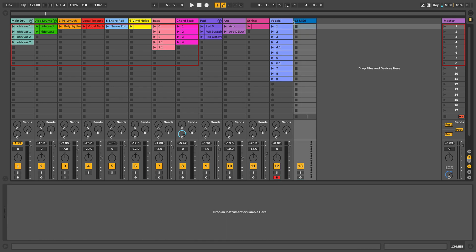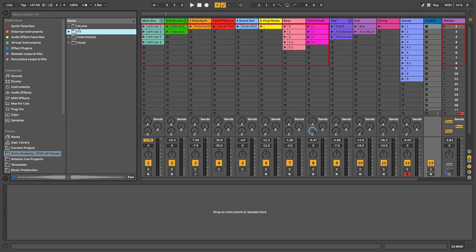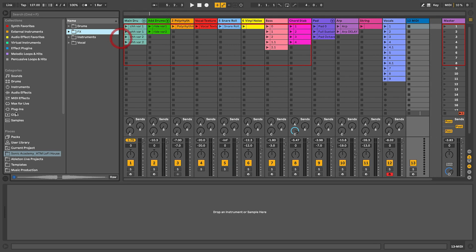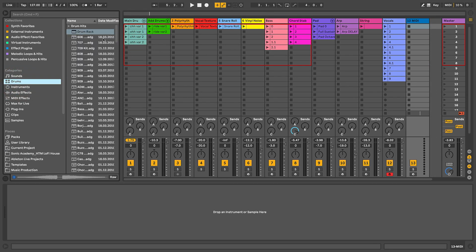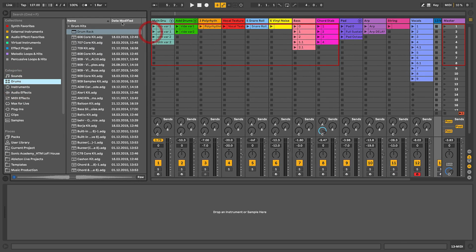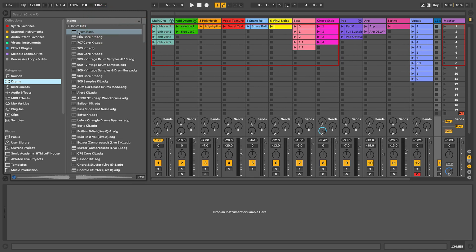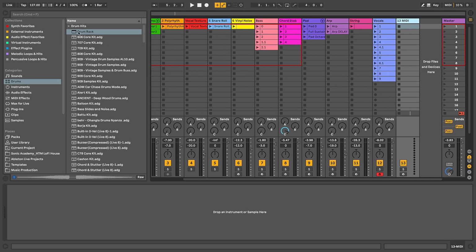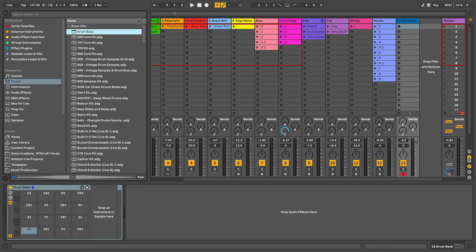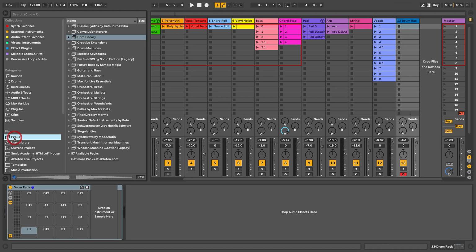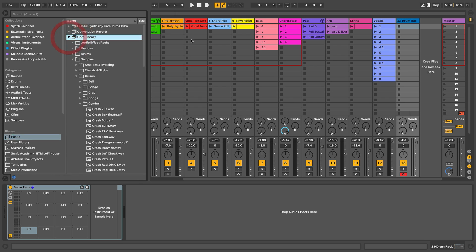So we're going to start by creating a new MIDI track, and we'll put an empty drum rack onto said MIDI track. So we'll go to the drums category, and the first thing on that list should be just an empty drum rack, so we can drag and drop it in. And if we go to packs and then the core library pack, which everyone should have if you own Ableton Live,